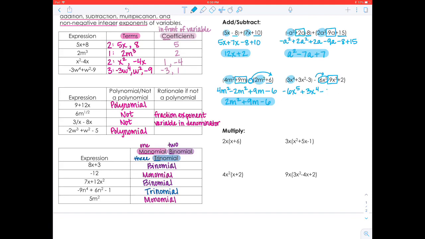So we're going to subtract that next. Then I see this 3x squared. And then finally, I have 2 constants left. I've got this negative 3, and then